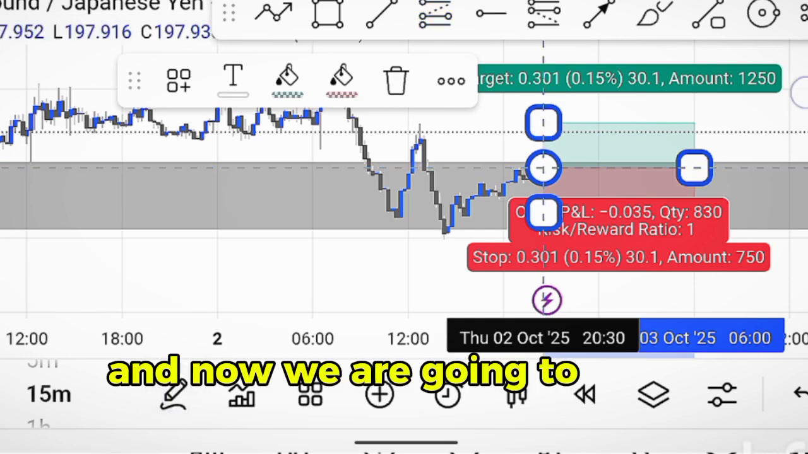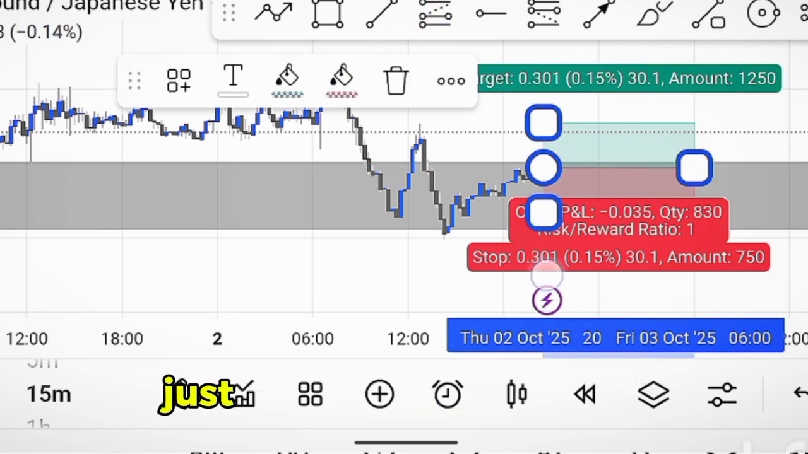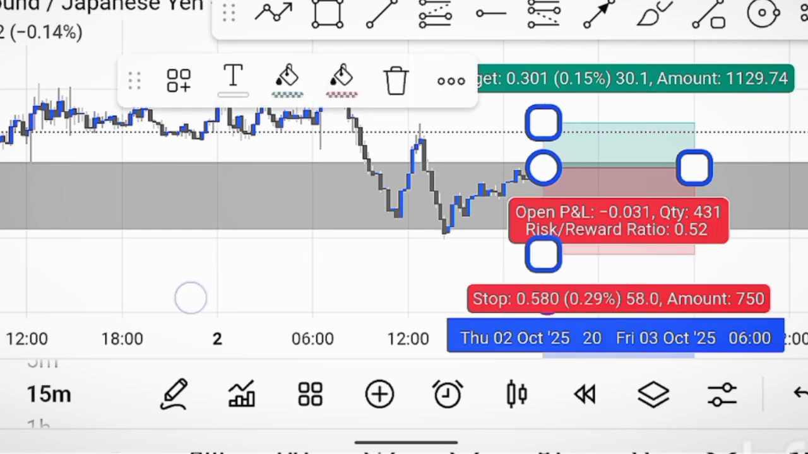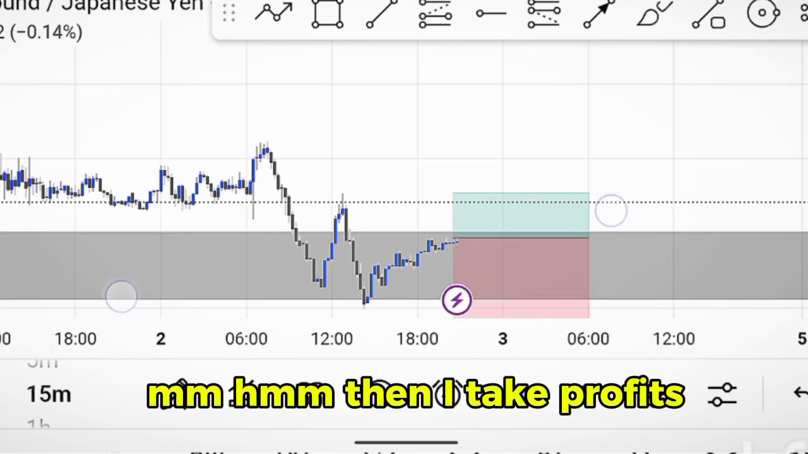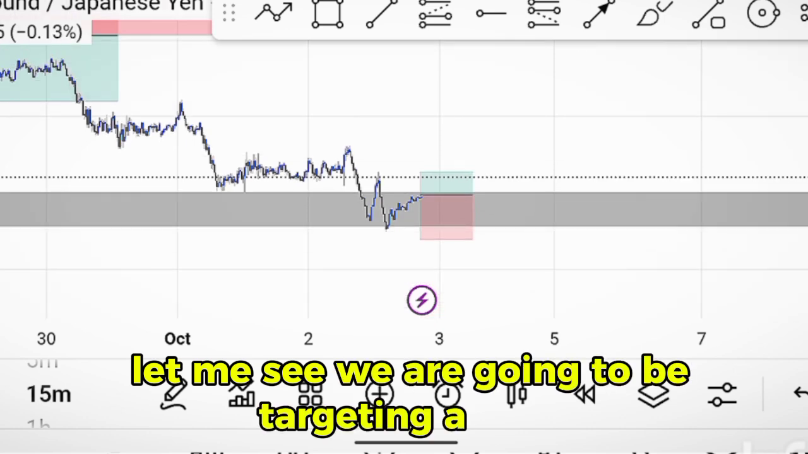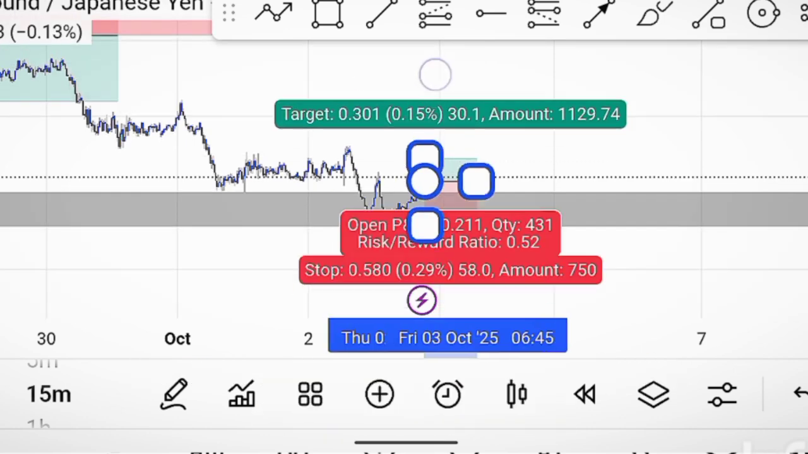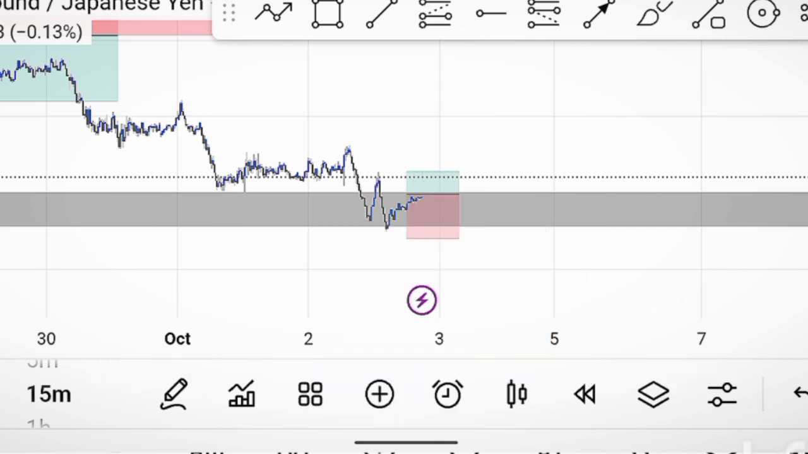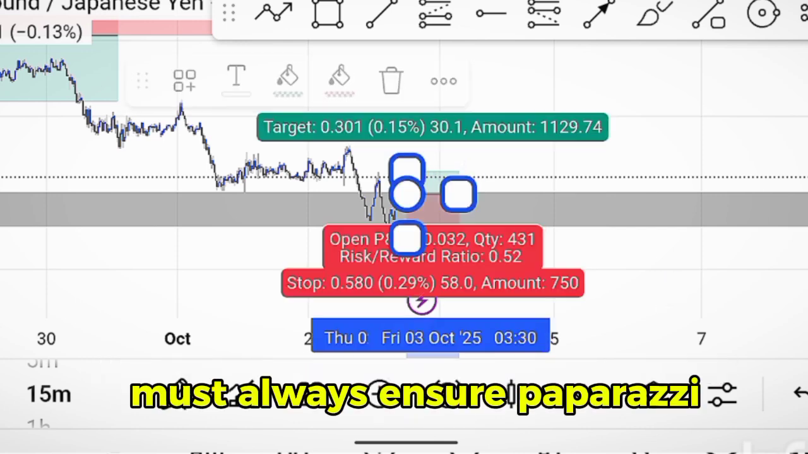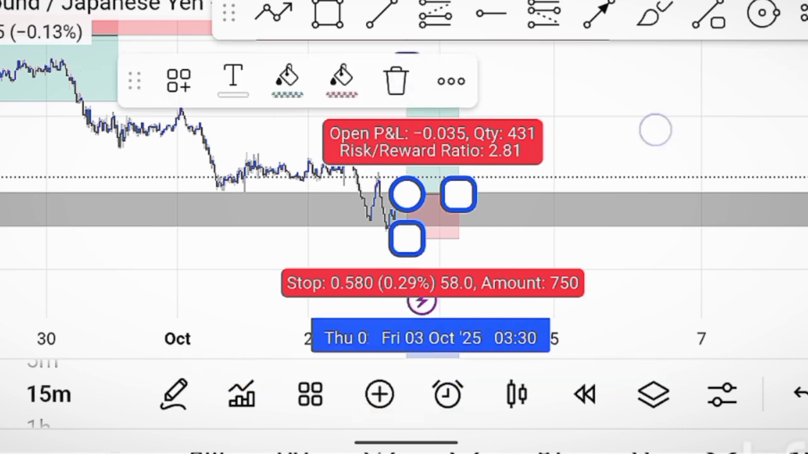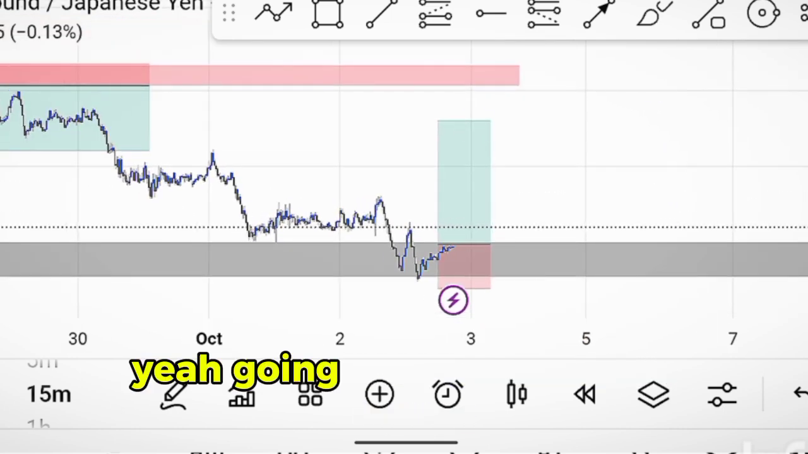And now we are going to have a stop, we need this zone. Then I'll take profits. We are going to be targeting a good zone. We must always ensure Forex, always ensure Forex, my man. I take profit. We're going to target